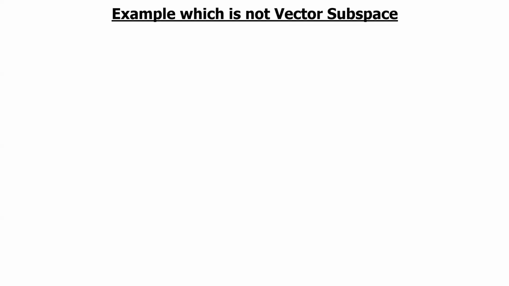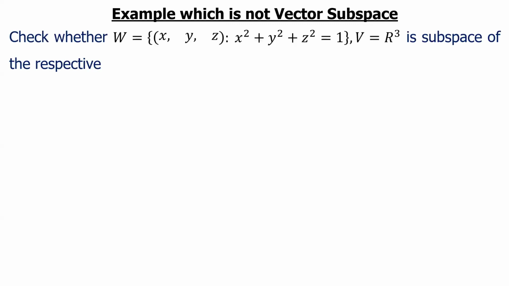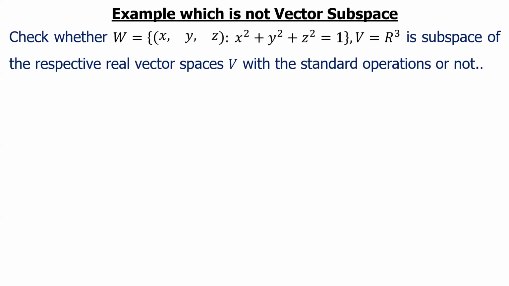In this lecture, we take some examples which are not vector subspaces. So let us take the first example. Check whether W equal to {(x, y, z) : x² + y² + z² = 1}